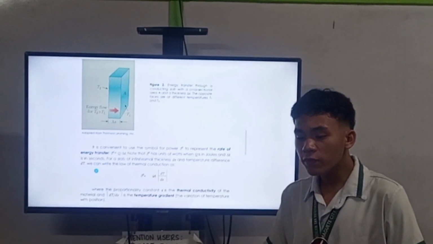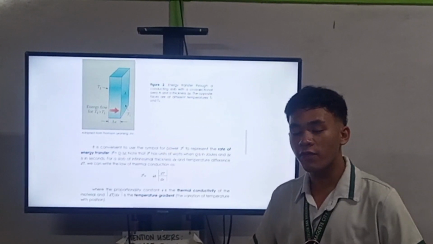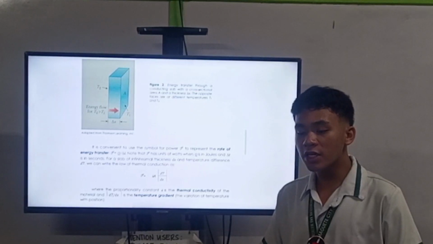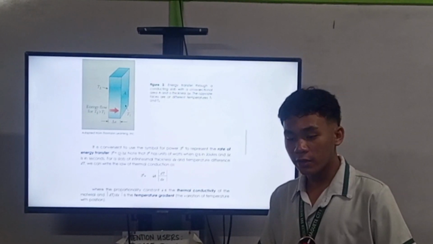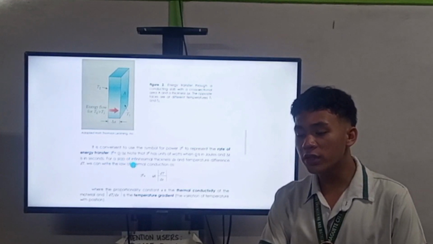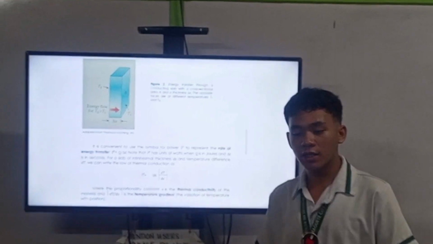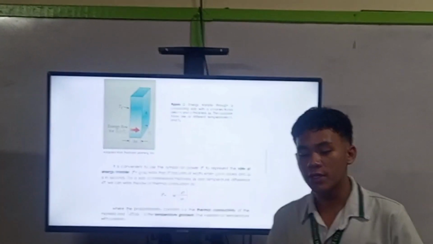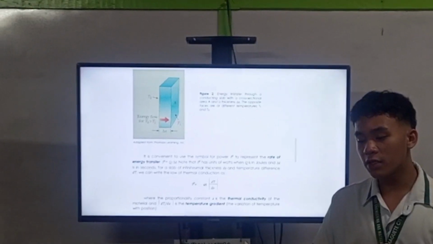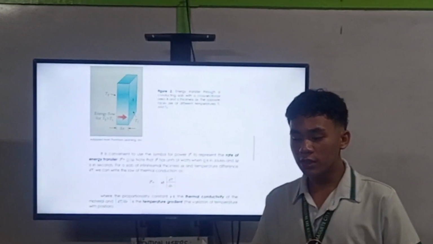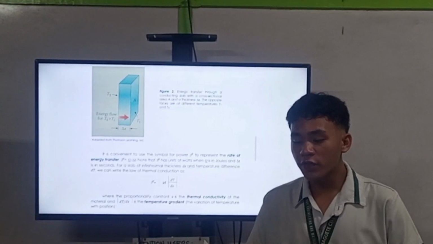It is convenient to use a symbol for power to represent the rate of energy transfer. So power is equal to the heat divided by the delta time. Note that P has units of watts when heat is in joules and the delta time is in seconds. For a slab of infinitesimal thickness dx and temperature difference dT, we can write the law of thermal conduction